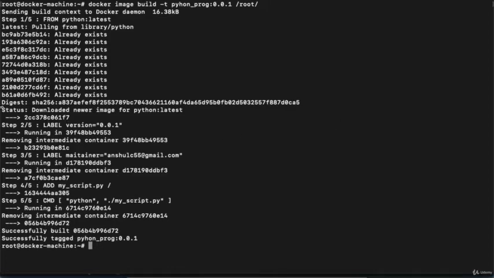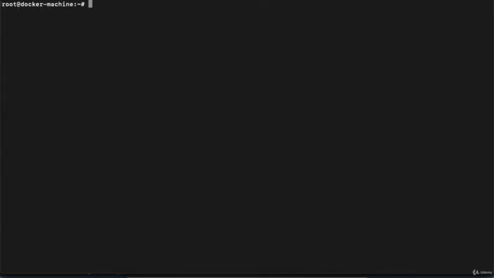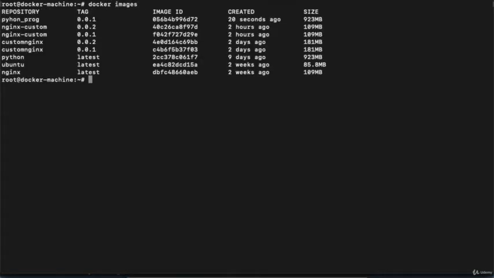It has created the image and got everything from the local cache. I will clear my console and execute the command docker images. You can see a python program image has been created, and Python latest has also been downloaded on my machine, which is 923 megabytes in size.